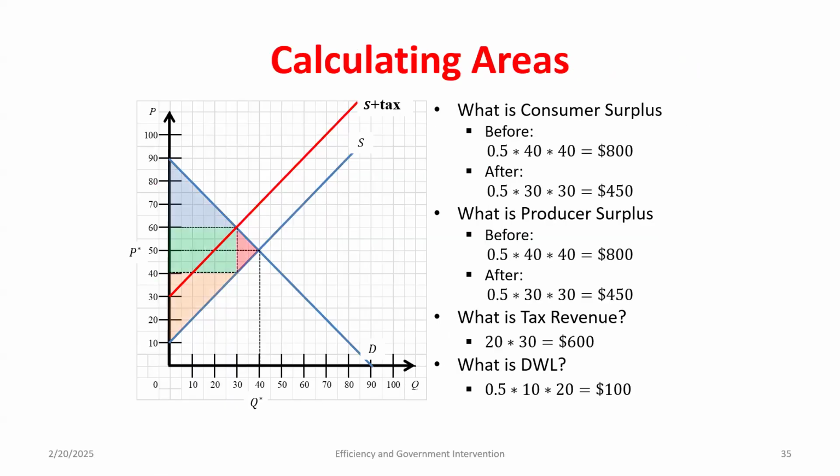Just another way of thinking about this. So this was like the earlier example that we had. If I had something like this, this would be an example where what happened to producer and consumer surplus? They both started out the same and they both went down by the same amount. So this would represent a tax incidence where both individuals are bearing the burden equally, right?